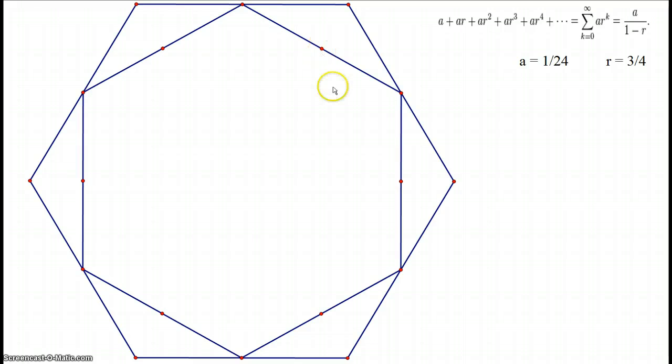This shape, this one right here, is 1/24 of this smaller hexagon, and this smaller hexagon is 3/4 of our larger hexagon, so we have to multiply them together to get our bigger shape. And if we go down one more row, or one more layer, as some people call it, this is 1/24 of this hexagon, and this hexagon is going to be 3/4 of our bigger hexagon, and that is 3/4 of our largest hexagon, so it's 3